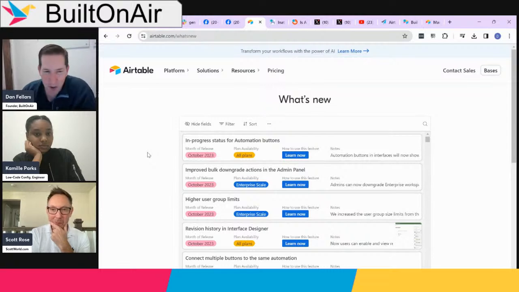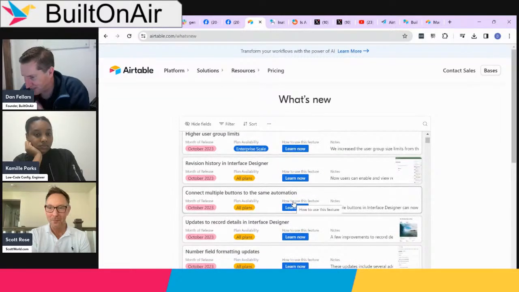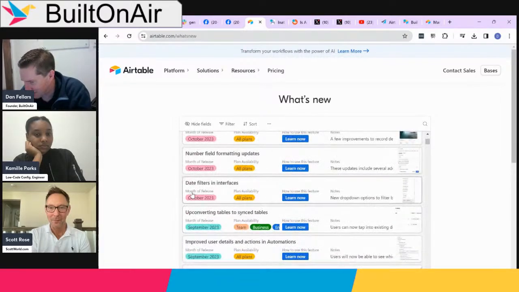So this is also just a recap of things that came out that Airtable actually mentions. There's a page, airtable.com/what's new. You can also subscribe to this space to get notified whenever they add to it. But there were a couple things in here that I don't know if we talked about on previous shows. There are actually quite a few in October,